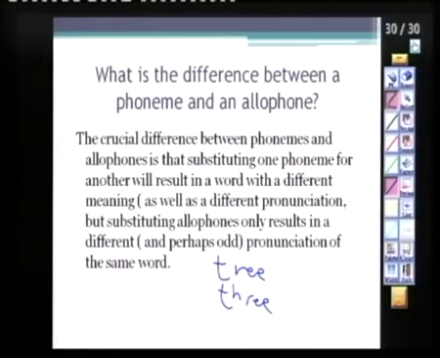Again, I'll give you another example. The word writer, do you remember? Okay, if I talk to an American, let's say, this is an I, okay? If I talk to an American speaker and I said writer, and I did not flap, would they understand what I'm talking about? Yes, because a flap is an allophone. So try to pronounce it with a flap. It's not going to change the meaning of the word.